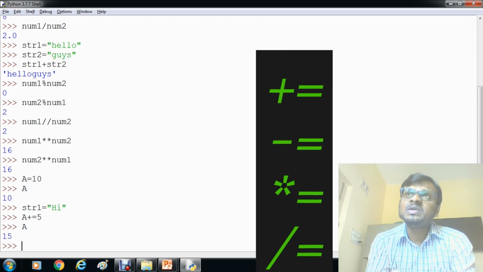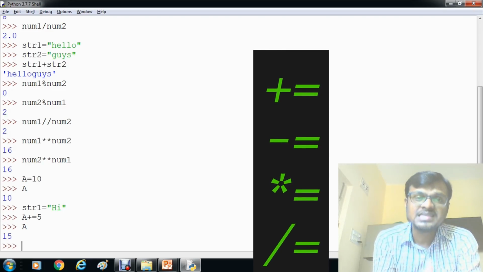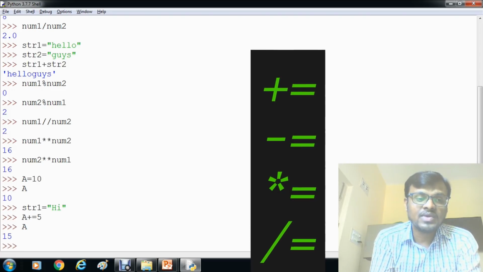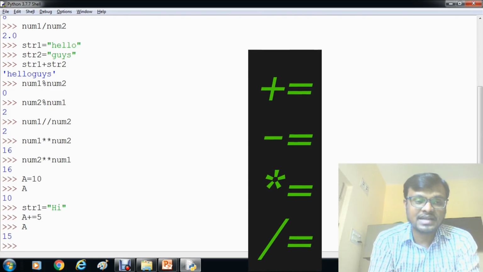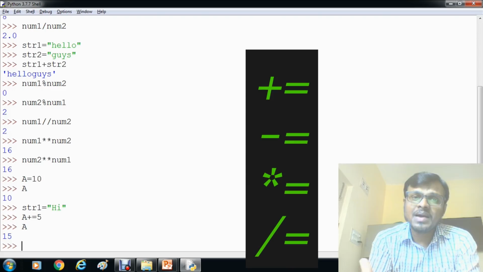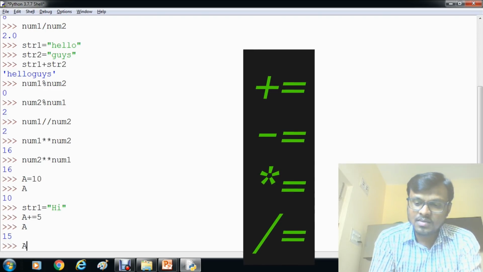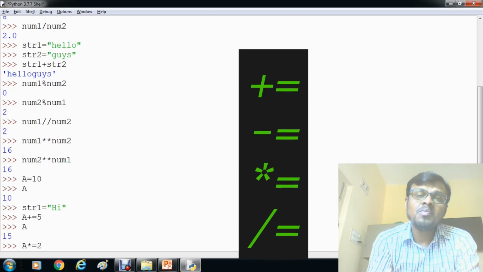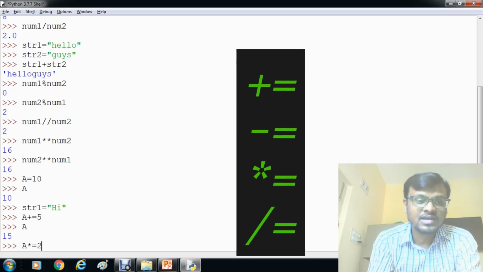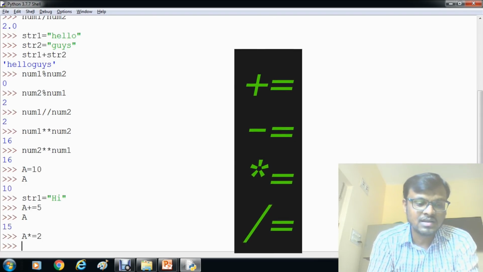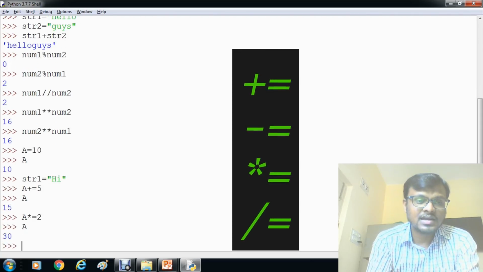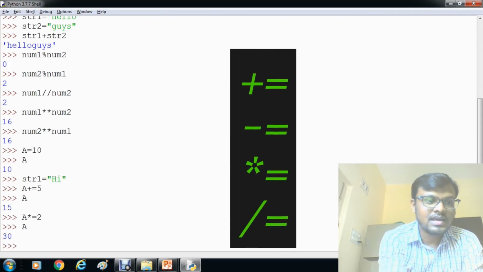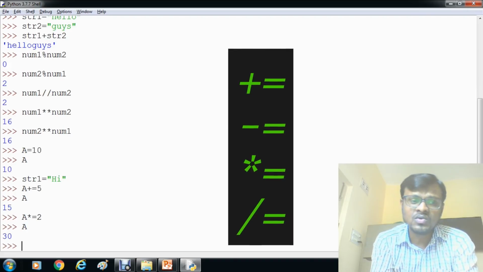Whenever you want to add to an existing variable, we use this type of assignment. Not only addition, we can use multiplication also here. If you want to multiply it by 2 by itself, then you can use this statement. Now we get 30, that means it was 15, now 15 into 2 is 30.